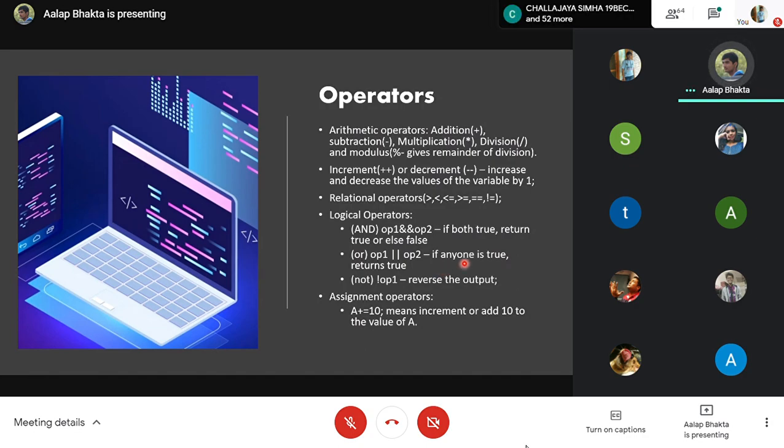So basic logical operators are basically logical gates, which we have learned. So this is the OR gate. If any one is true, then it returns true. Then this is a NOT gate, which reverses the output. And then there are assignment increment operators, like a += 10, which means